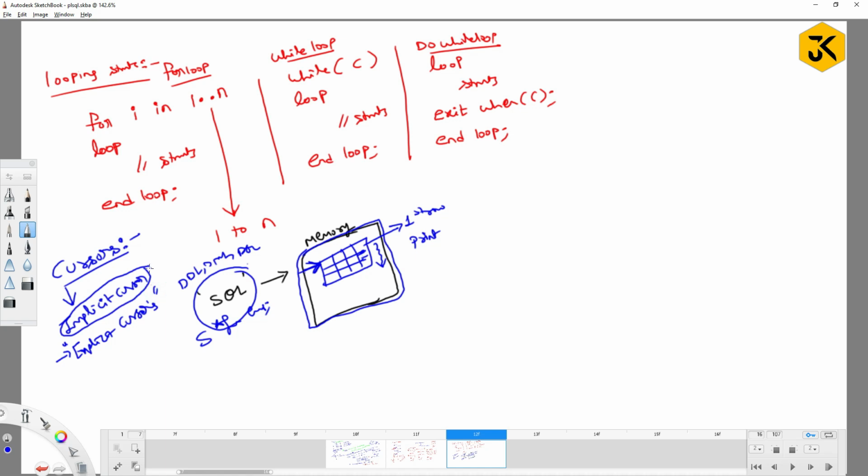Explicit cursors are given by whom? Developers. Implicit cursors are inbuilt, which means they are common for all. If you want to use it for our purpose, I need to modify it some other way. That modification is what we call explicit cursors. So if you want to declare your own cursors,